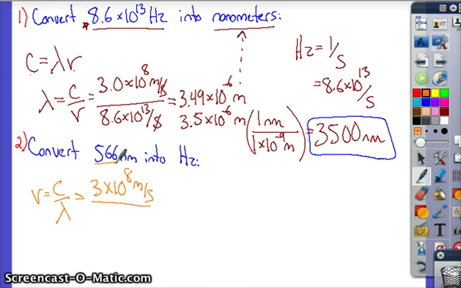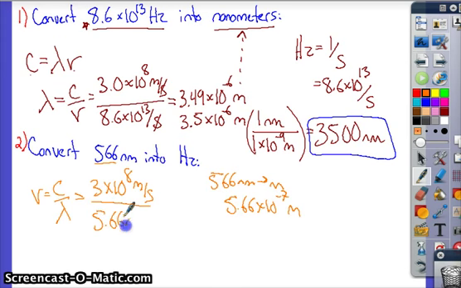Divide that by our wavelength. Well, the speed of light has a value in meters, so we need to represent our wavelength in meters. So again, we're going to convert the 566 nanometers to meters, and you're going to find that to be equal to 5.66 times 10 to the negative 7 meters. That number will go in our denominator. Meters will cancel. We're left with a value over a second. And we'll get the frequency, which is going to be equal to 5.30 times 10 to the 14th cycles per second, or